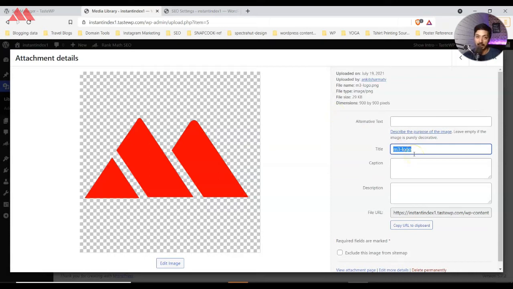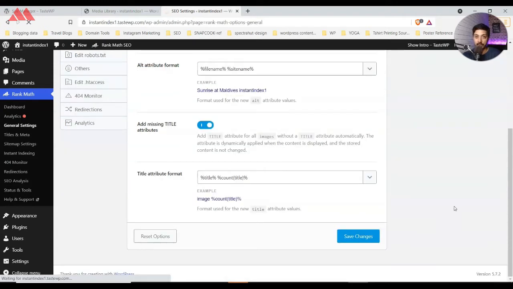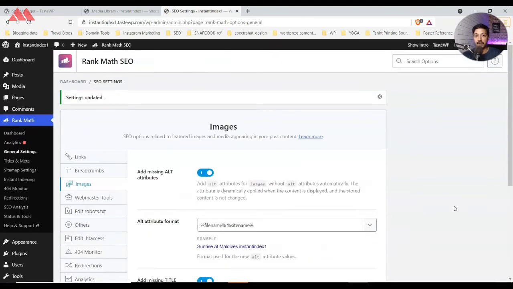So there is a very low chance that whenever someone uploads any image in the WordPress media library, the title remains blank. Just in case, to be on the safer side, we turn this on, assign our title attribute here, so that if in case there is any image which is missing a title attribute, we can use this option to assign a generic title to all these kind of images. And these two are the options that are available in the free version of Rank Math SEO plugin. If we upgrade to Rank Math Pro, that is the paid version of Rank Math, we will see that there are some more options.